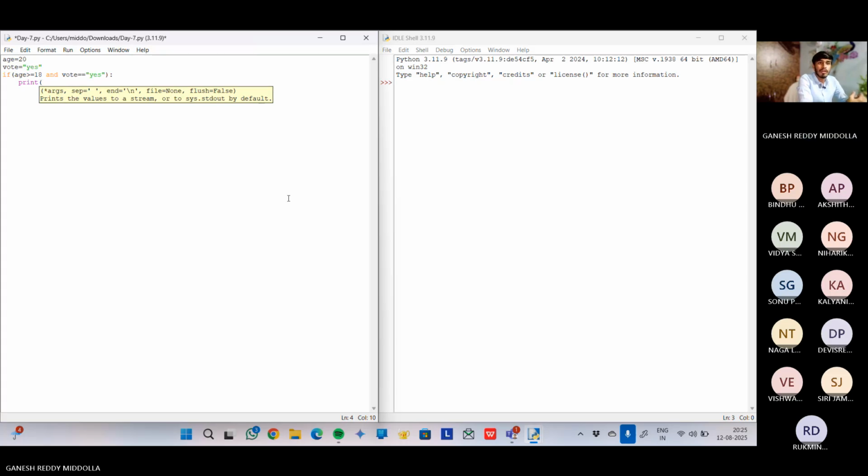If those are not having voter ID, what we need to do? We have to keep another elif, two elif, another elif. See here, what we are going to make is one logical operator is extra, but we are using two conditional